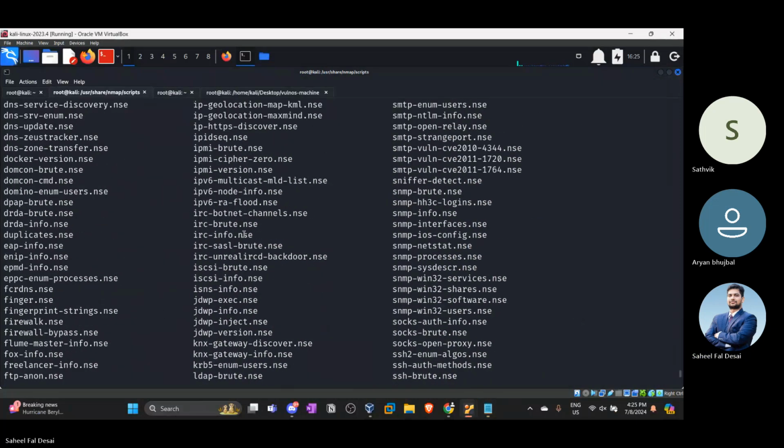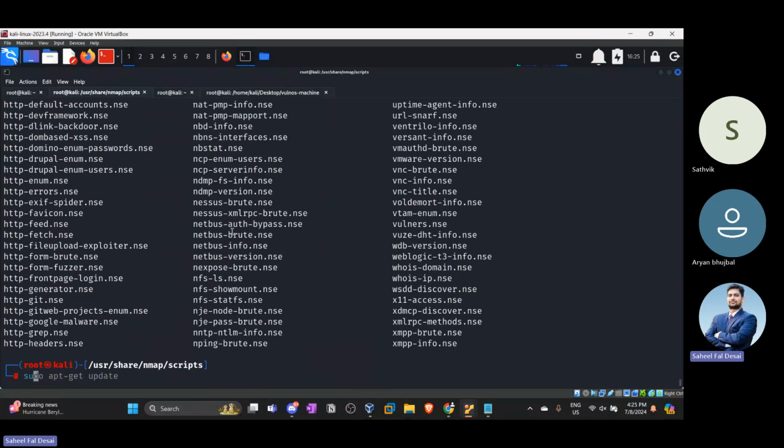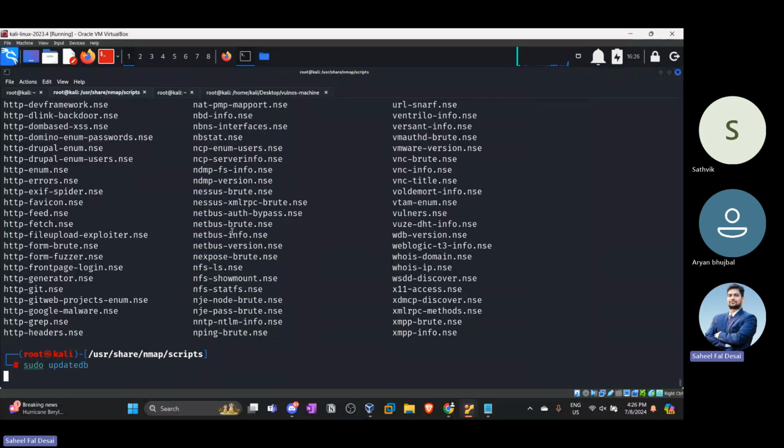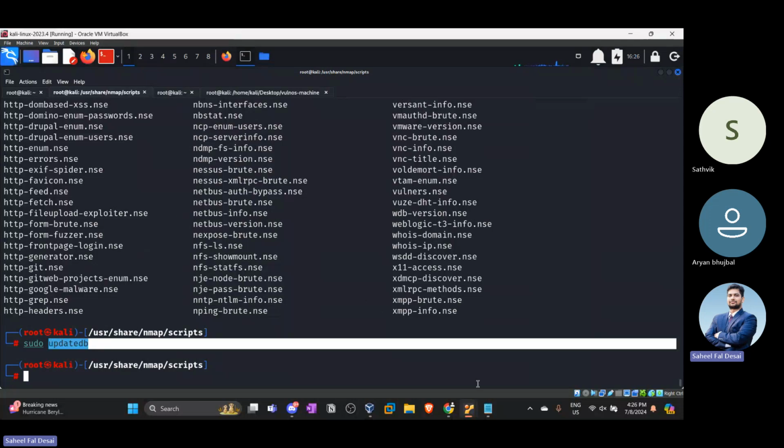so before using this, we need to type one command called sudo updatedb. If you type sudo updatedb, this will update each and everything here. Okay, so every time you're planning to use NSE, always use sudo updatedb. So new updates regarding the existing NSE scripts or the new NSE scripts, you'll find everything here. You'll get it automatically pulled. Okay,